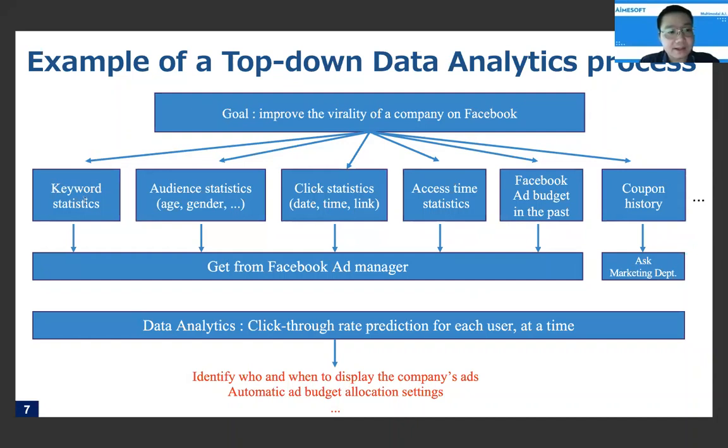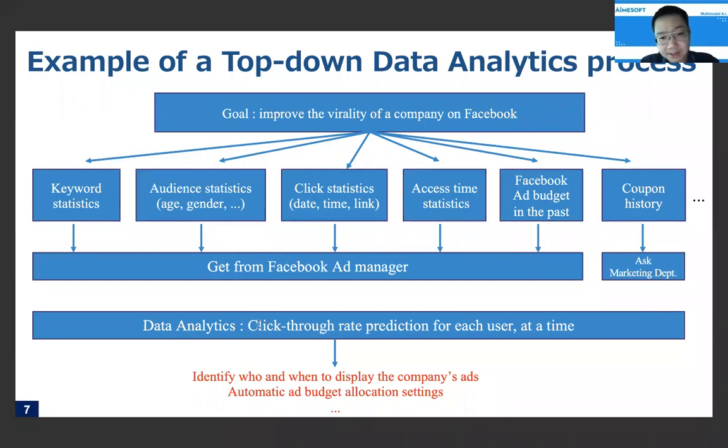For example, keyword statistics, audience statistics about age and gender of the audience, click statistics, set time statistics, Facebook ad boxes in the past, or coupon history if you are a product or shopping company, an EC company, then you need to check coupon history. This data can be obtained from the Facebook Ad Manager platform, and this coupon history you can ask your marketing department maybe, and then you input it into a data analytic platform